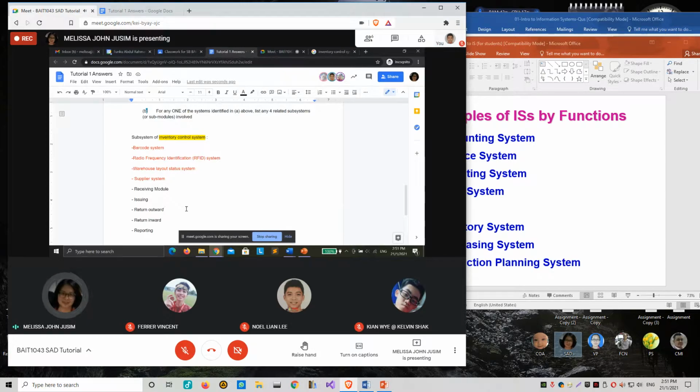So the return can be from the manufacturer back to the supplier or from the wholesaler back to the manufacturer. That's why we have these two types of returns. One will be minusing the inventory level, and another one will be adding into our stock, but it should be categorized as damaged goods.